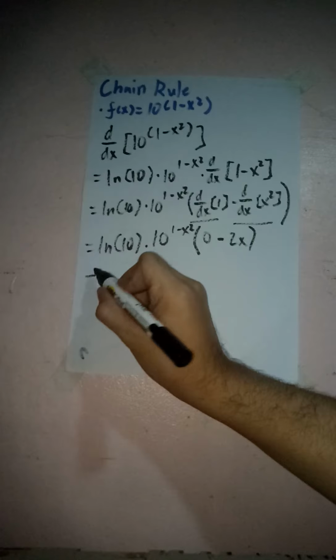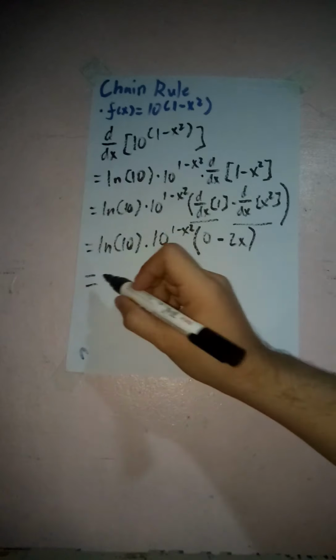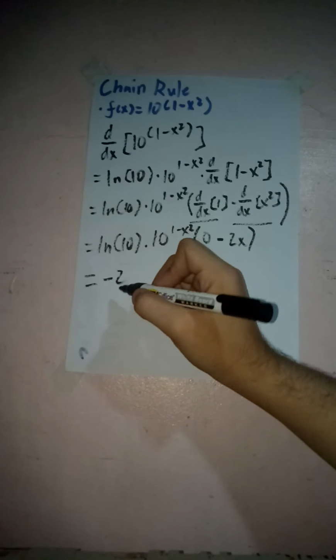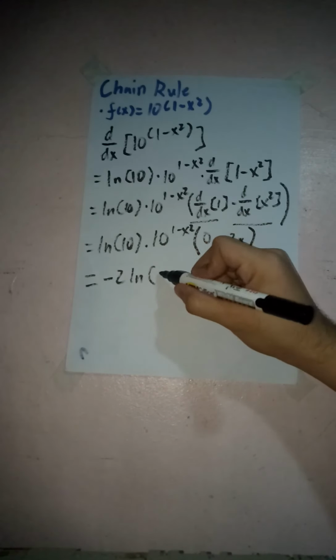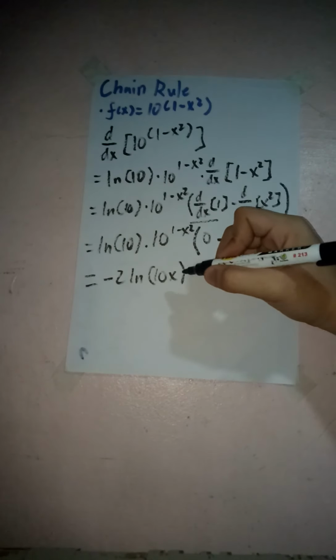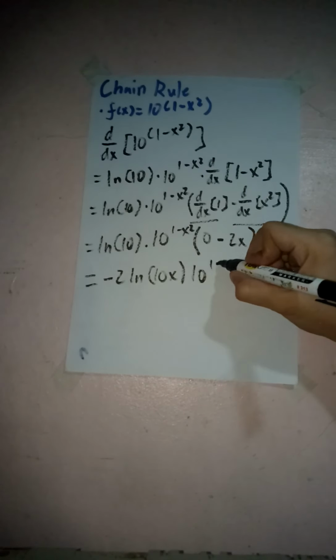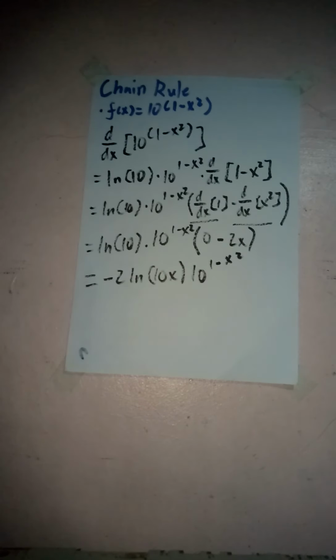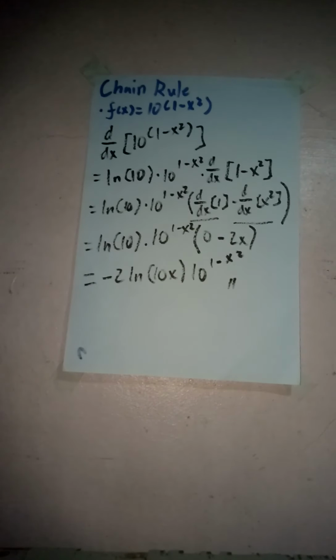So for the answer, we are just going to combine all of them. So we will have negative 2 ln of 10 x times 10 raised to 1 minus x squared. So that is the derivative of f of x equals 10 raised to 1 minus x squared using the chain rule. So the next question given to me